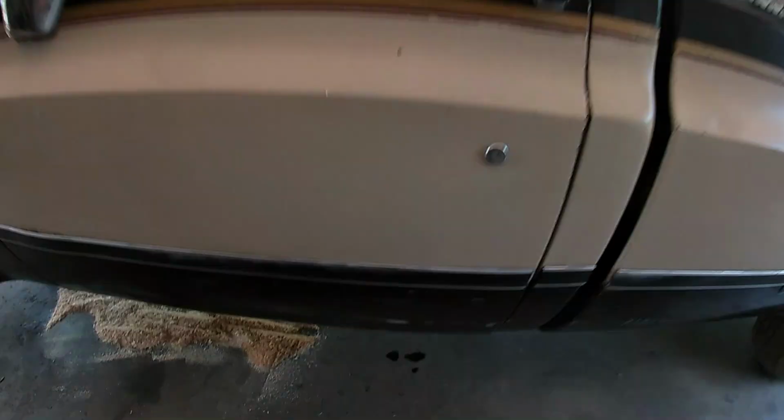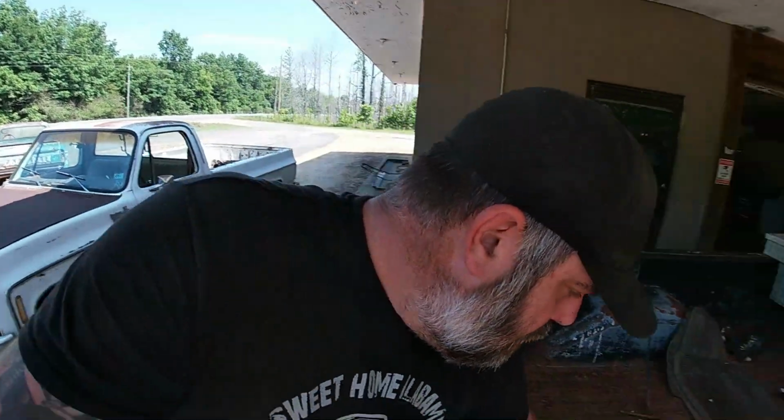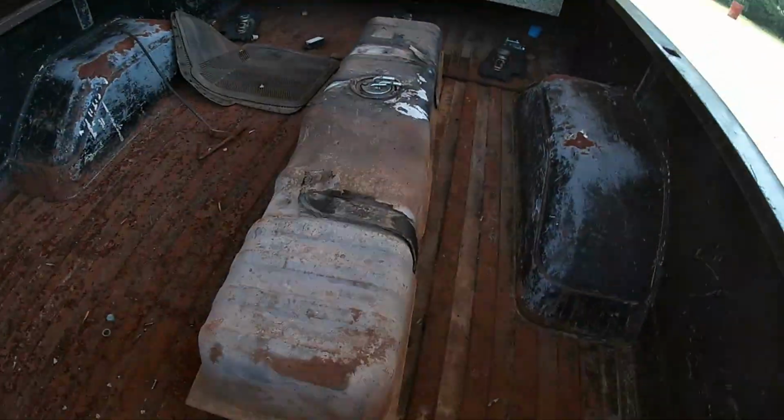This tank that's in here, that's been in here the whole time this truck sat in the swamp, has a leak, and that black tarry substance is what's coming out of that leak. So no bueno. No bueno with leak, no bueno with tar. Yeah. So we have this tank